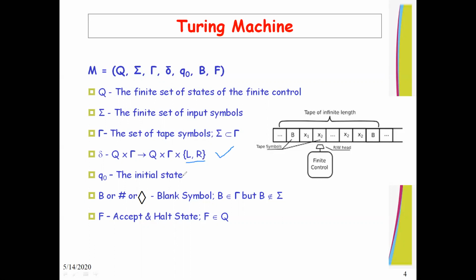You can understand the whole working of the Turing machine by using this transition function. And Q0 is the initial state, as in the previous model. The new thing is B. B is the blank symbol, and some authors also use a hash sign, a triangle sign or a hexagon sign for the blank. Generally we will use the blank sign, and blank also belongs to tau because tau covers all the symbols on the tape. Finally, F is the final state of the machine. These are the basic mathematical tuples used to represent Turing machines.